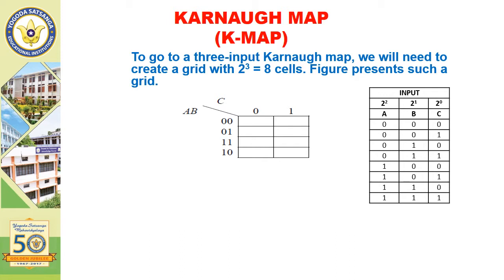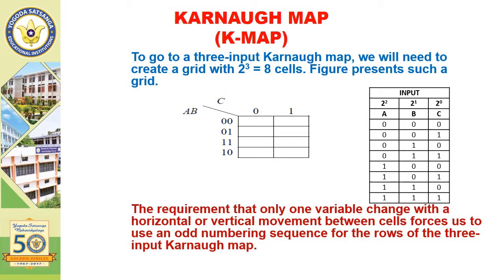Here from the right, for the C input variable, only 2 to the power 0 is 1, meaning we write 0 and 1 alternately. 2 to the power 1 means 2, that is B, the truth values of B are written as 0 0 1 1, that is, alternately 2 0s and 2 1s. Similarly, 2 to the power 2 is equal to 4, so the input options of A are written as 4 0s and 4 1s alternately, and so on.